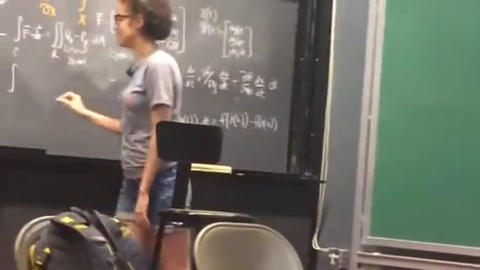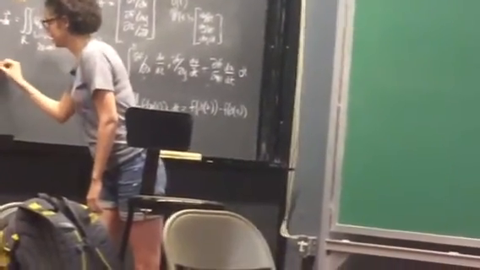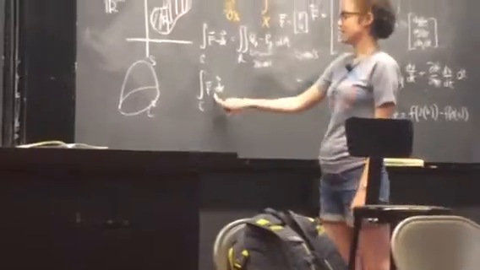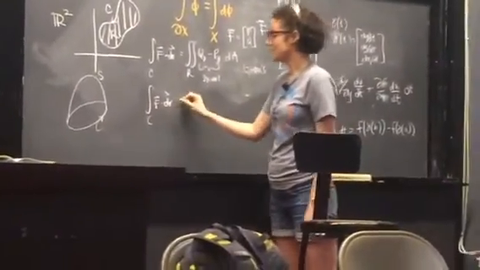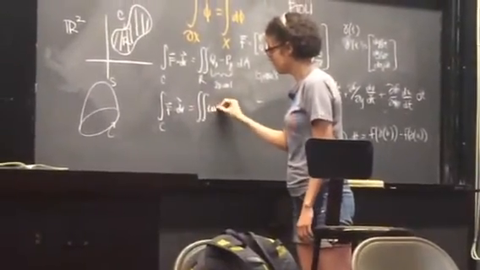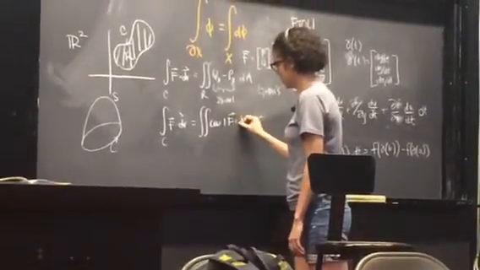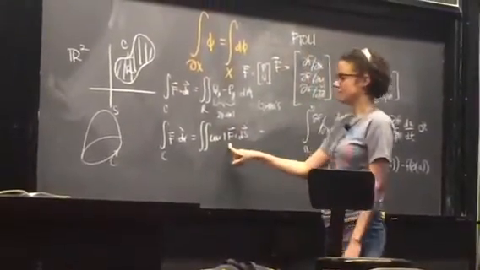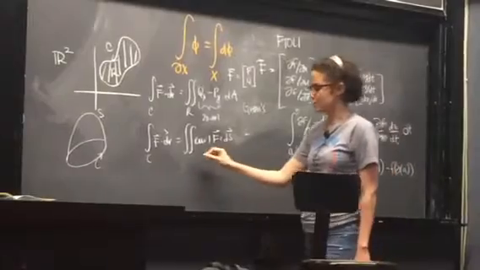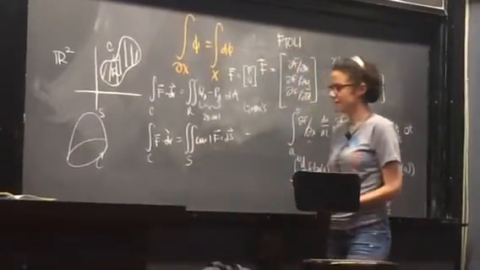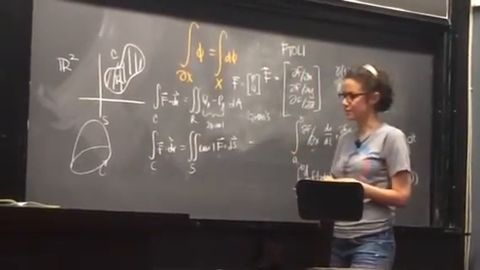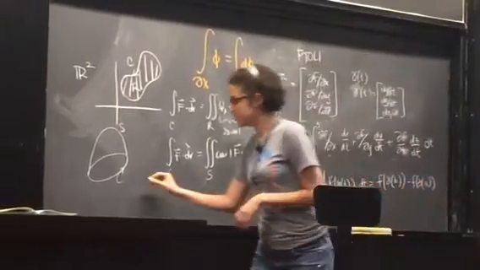Stokes is going to tell you that the line integral around the boundary is equal to the flux or surface integral of curl over the surface. That's the way the more applied version looks. And then, of course, divergence involves a solid,